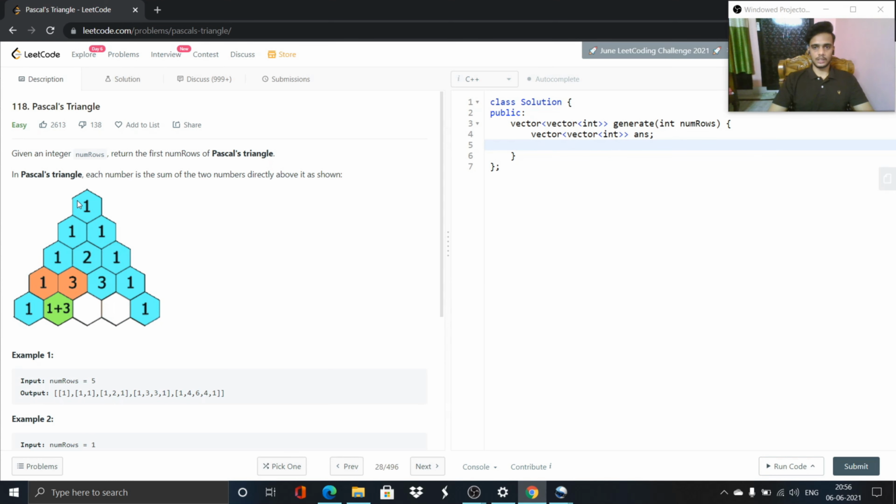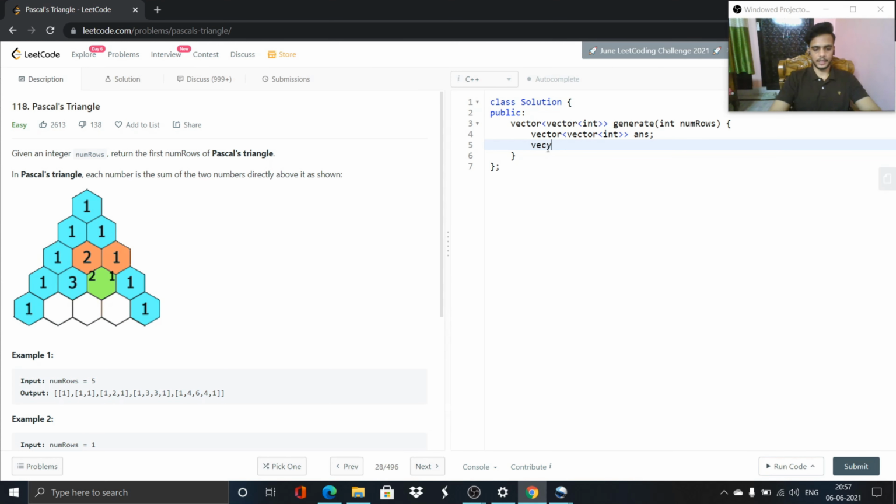We need two other vectors, one in which we will calculate our previous row, and the other in which we will calculate our current row, because we need the previous row's values to sum up and calculate the current row's values.